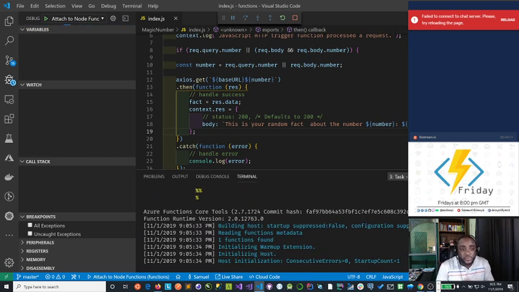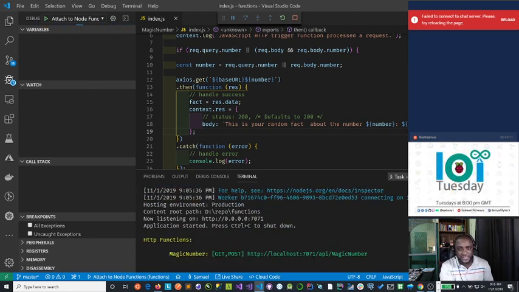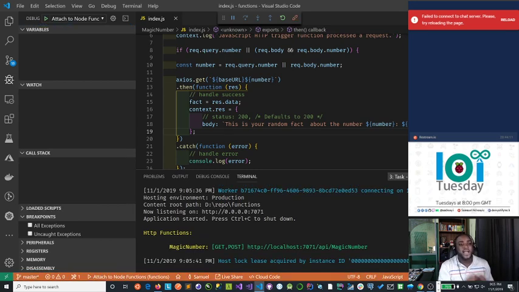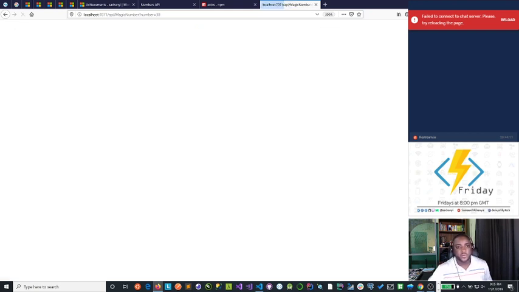And in next week's episode, I'm going to show you how to consume this function we've created in something called Logic Apps that allows you to tweet a number at my handle, and then you're going to get a random fact shown to you. So let's go to the browser and check this out. Still with 30, hit it. And hopefully, if everything goes well,